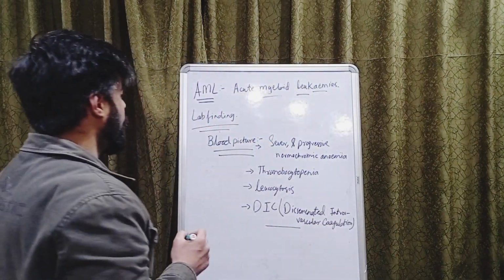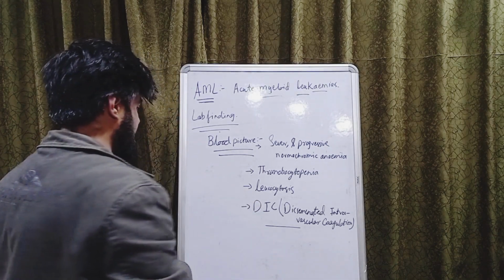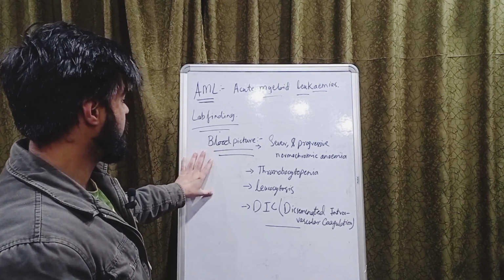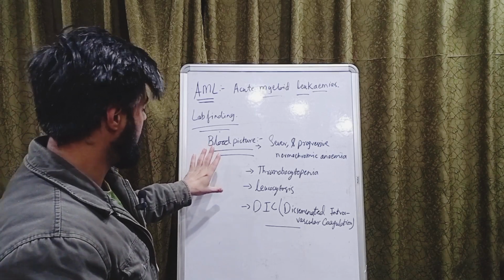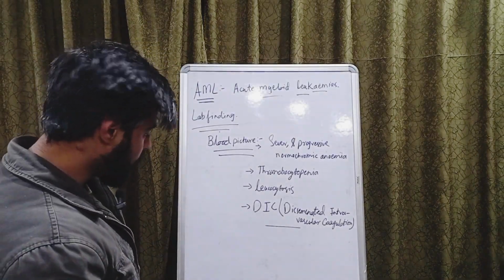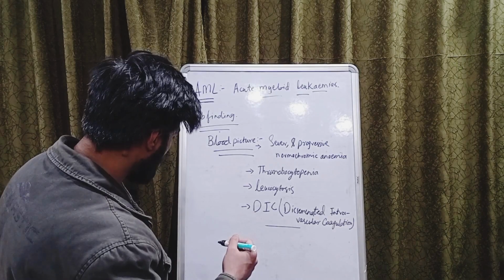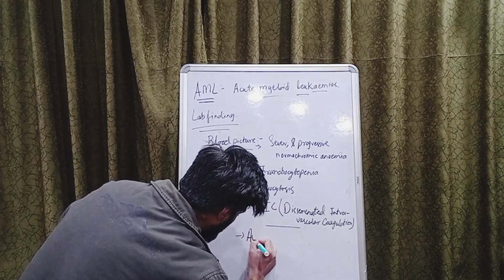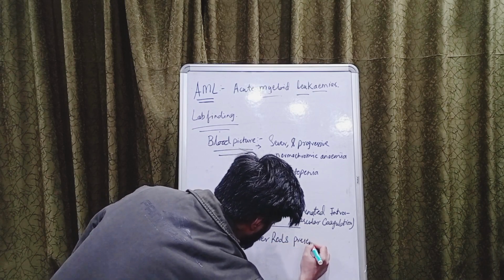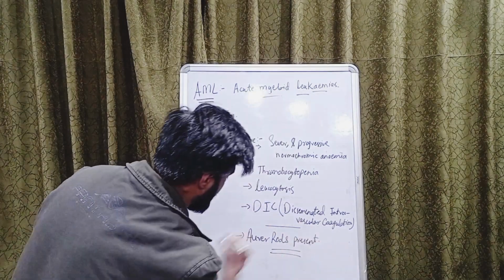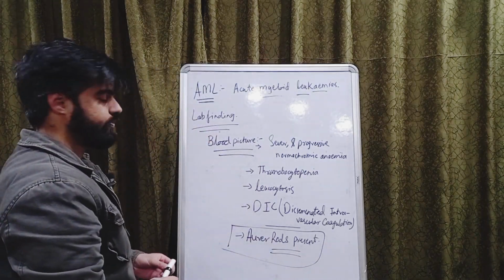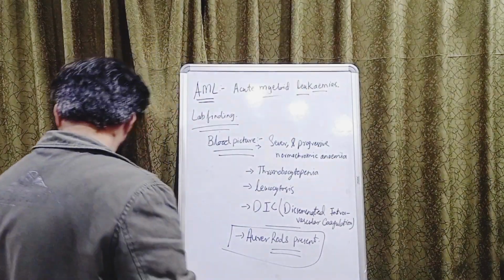This is the blood picture of AML, which you guys need to understand; this is all that you will find inside the blood picture of a person suffering from AML. Okay, as well as the most important thing, which I forgot, Auer rods will be present in them. Very important diagnostic feature. Auer rods will be seen in AML. Okay, now let's go towards